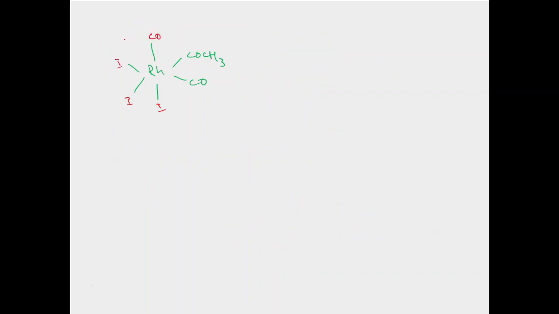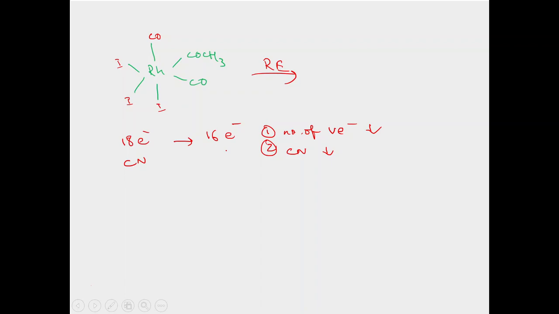First of all, the number of valence electrons decreases. If it's an 18 electron complex, it will become a 16 electron complex, and the coordination number also decreases. So one is the number of valence electrons decreases, coordination number decreases, and